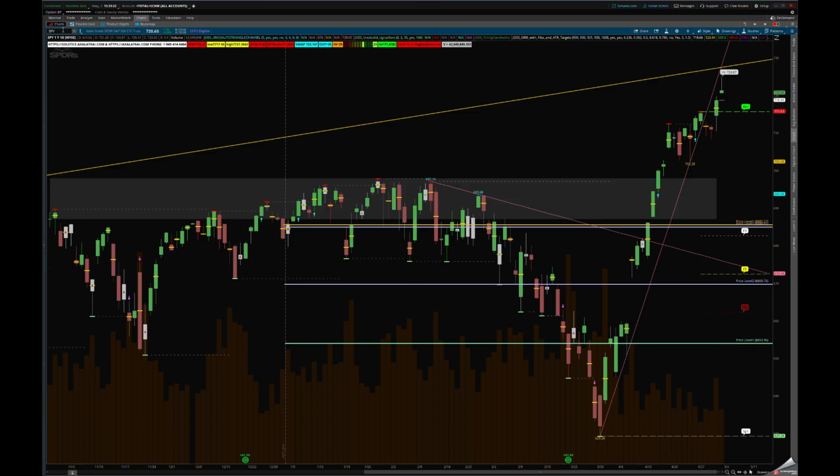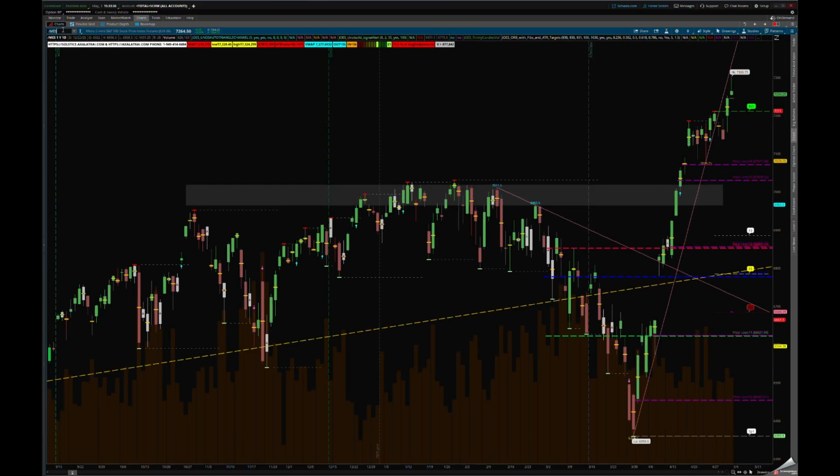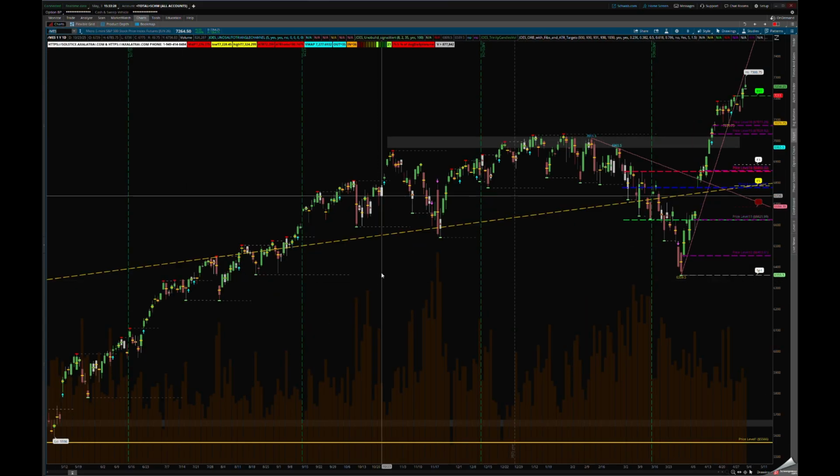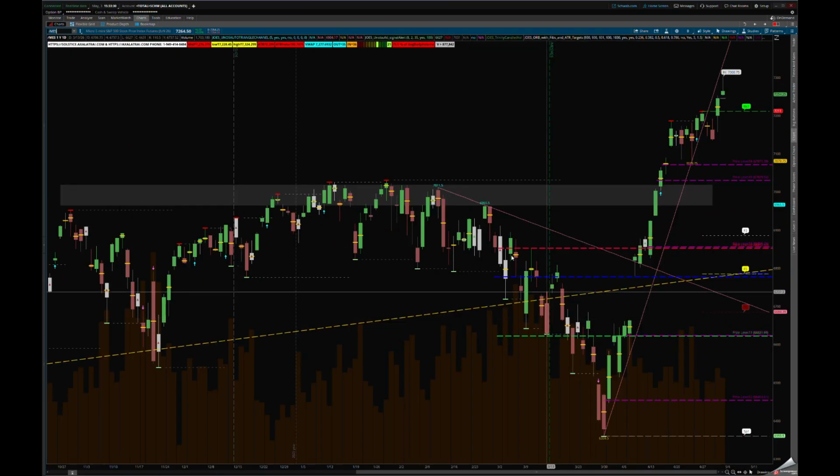Let's take a look at the micro ES, and I'll do the measured move for the micro ES and the S&P, and I'll show you the Mag 7. So you can see in the micro ES that push up, that was the prior week. This was the Friday, Thursday, that was a big run. Wednesday, Tuesday, Monday, we looked up, we failed, tested this consolidation and rallied up. Even coming back to the top of this area here is going to act as support.